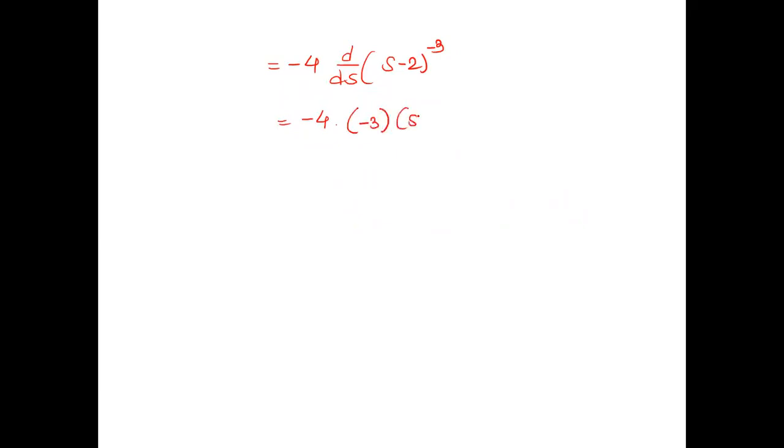Equal to, right, minus 4 d by ds. I'm taking just this forward. Correct? So what is that? Minus 4 as it is. Derivative of something raised to n: n into something raised to n minus 1, minus 3 minus 1, minus 4, into derivative of something, derivative of this is 1. Right. So minus minus plus 4 into 3, 12. This is raised to minus 4. We'll go down in the denominator as plus 4.